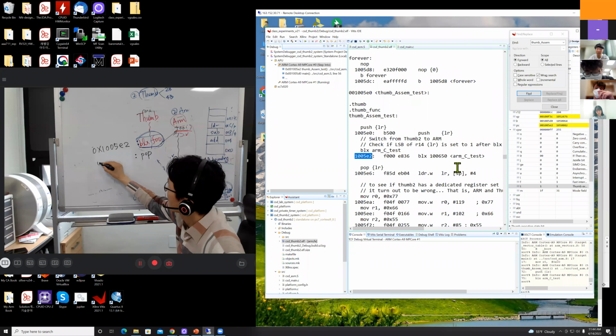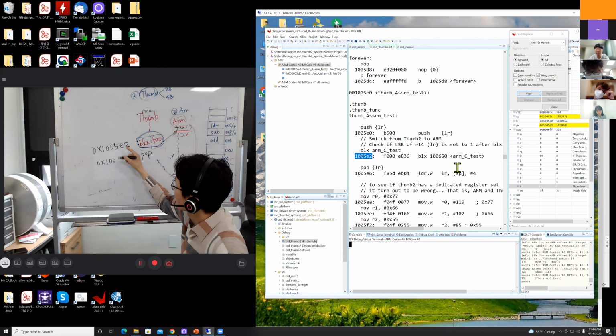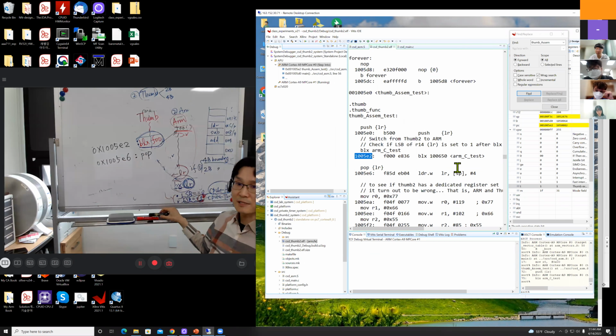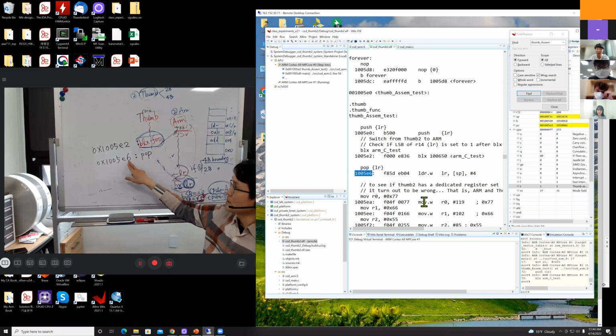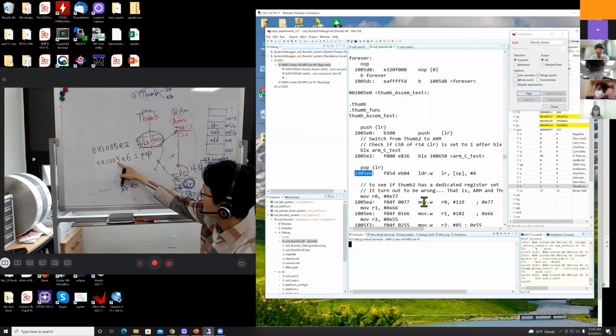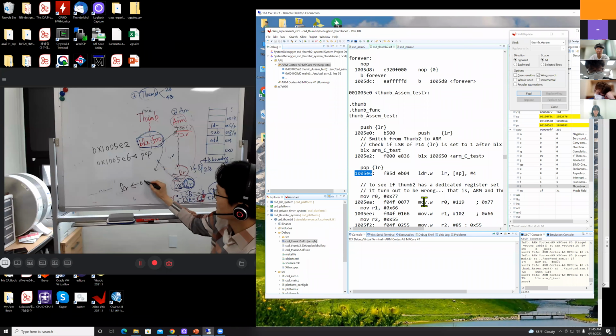+4 position. 1000 +4, 5E6. Okay, 5E6. Next is pop. Okay, this pop is this. That instruction is located at 5E6. So we make a function call. You are supposed to have what? When you make a function call, the link register is supposed to have this one, right? The location of the next instruction,